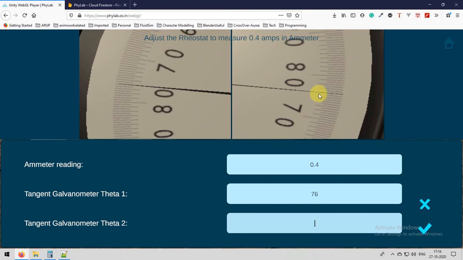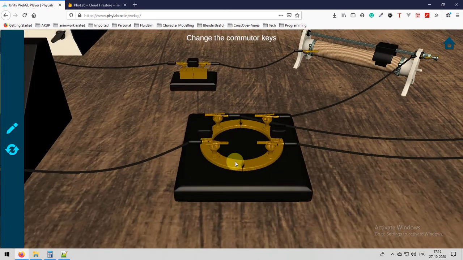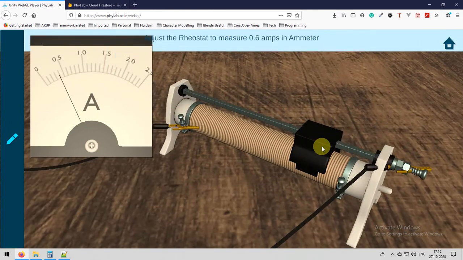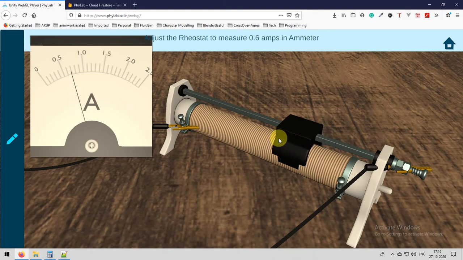After submitting theta 1 and theta 2, we swap the commutator keys by clicking the swap button and then observe theta 3 and theta 4 values. This process we need to repeat for 0.6, 0.8 and 1 ampere ammeter current readings.